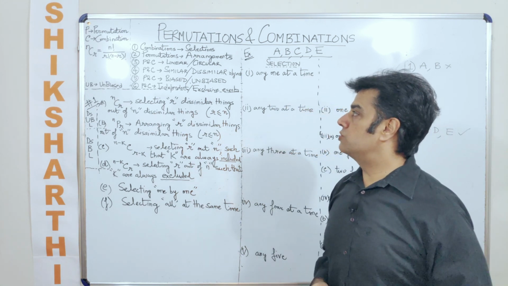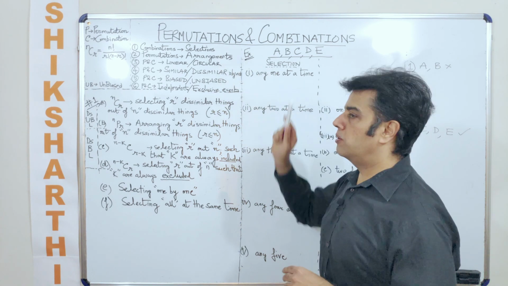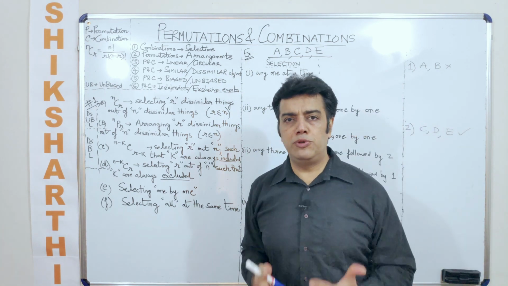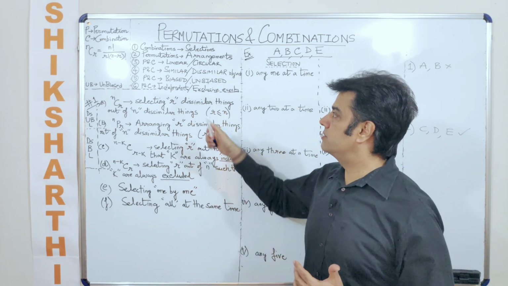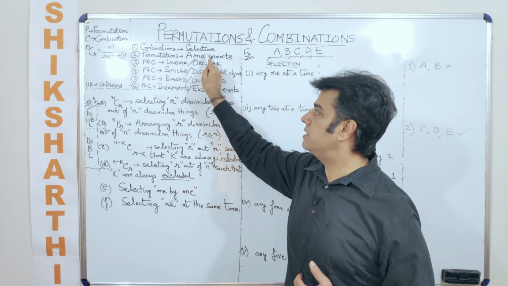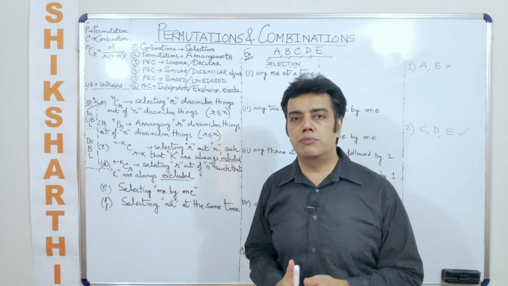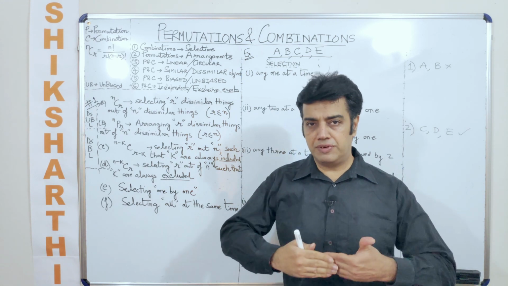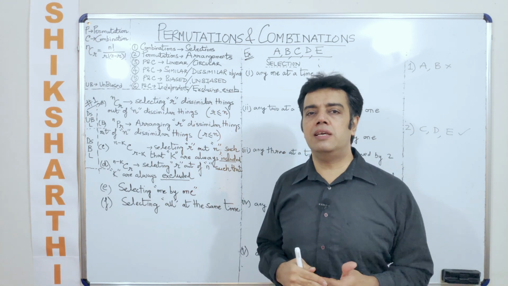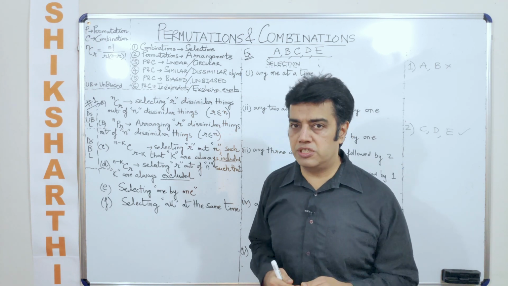Okay, so starting off with the word permutation combination, the word permutation means arrangements, as I've already written it here. Point number one, we are talking about combinations. And why have I started off with combinations? Because combinations come first, followed by permutations. What is the logic behind this?